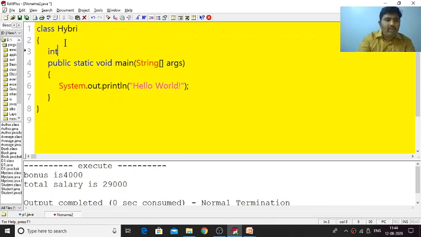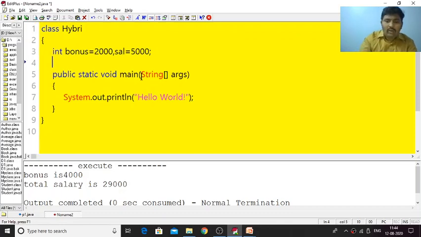Now here I have int bonus is equal to 2000, and I have salary, sal is equal to some 5000. So now let us close.